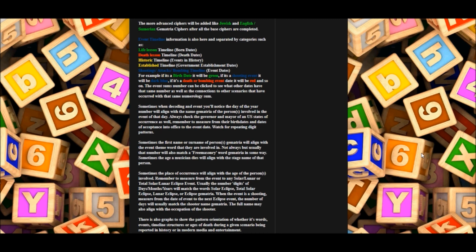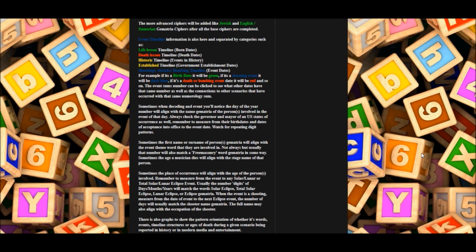Usually the numbered digits, days, months, years will match the words solar eclipse, total solar eclipse, lunar eclipse, or eclipse gematria. When the event is a shooting, measure from the date of event to the next eclipse event. The number of days will usually match the shooter name gematria. The full name may also align with the occupation of the shooter.